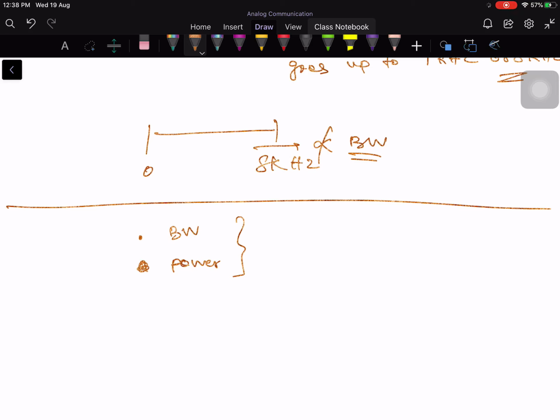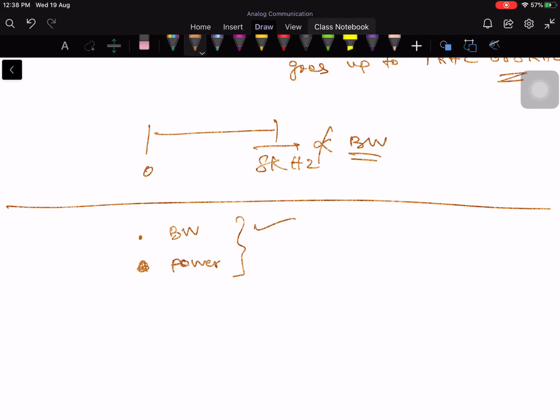The first one is the bandwidth available to us, because a large number of people want to communicate with each other. Everybody has to work in some band or the other. It becomes obvious that if they all start transmitting information simultaneously in the same frequency band, there is going to be a lot of problems. The signals will mingle with each other and get crippled, and finally you'll hear some junk, some distorted version of the transmitted signal. They are not going to be able to hear each other.